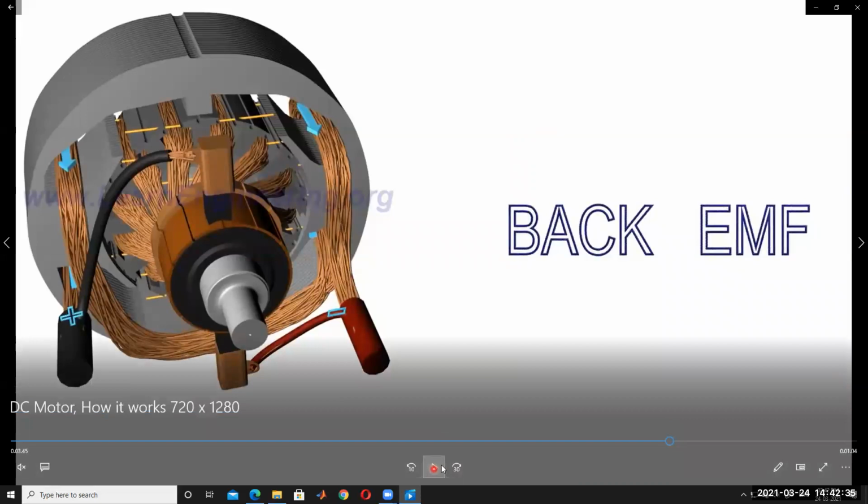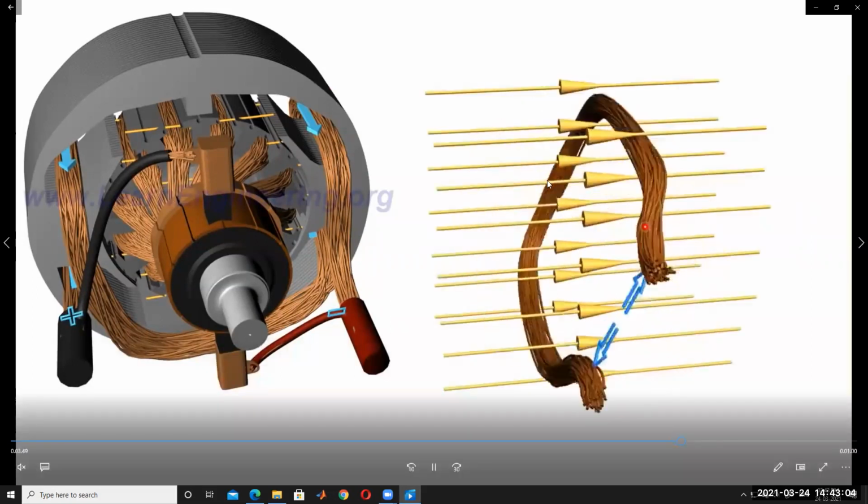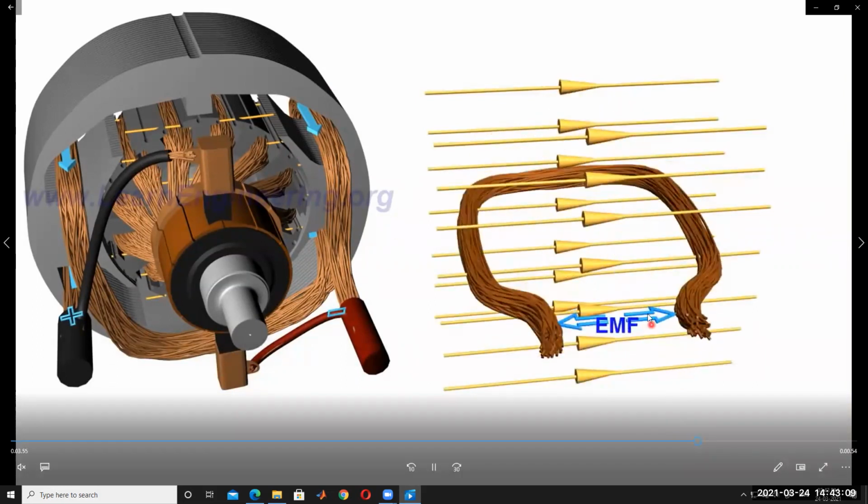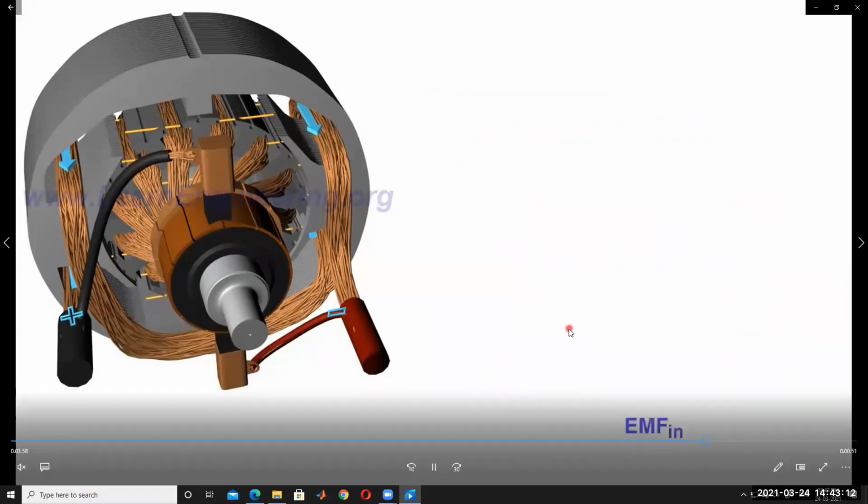So like this motors are operating. Then the back EMF concept. Coming to a DC machine, whenever a current carrying conductor is placed in a stationary magnetic field, it experiences some EMF. That EMF is called back EMF in a motor. Some amount of EMF is induced in the rotor whenever it is rotating in the stationary magnetic field of the North Pole and South Pole. That EMF is called back EMF.